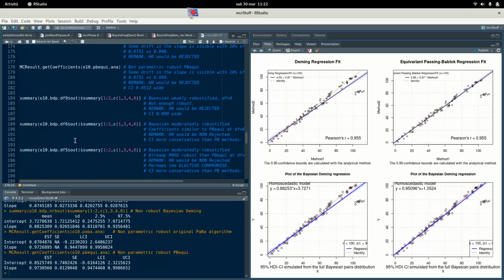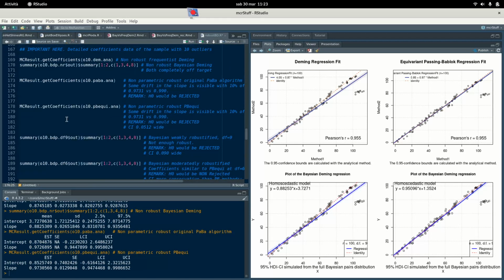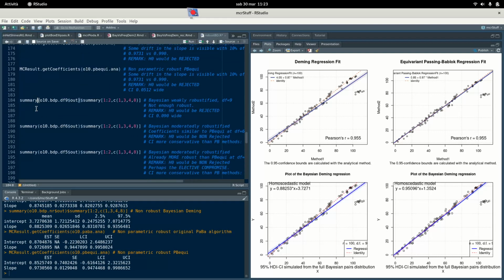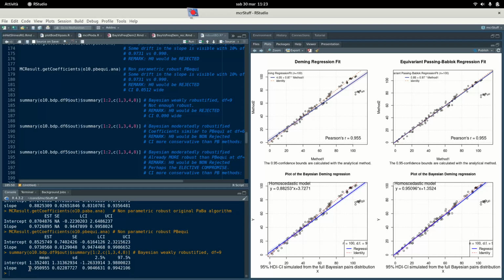Now things get interesting, because we can do the same with the Bayesian method, and with 9 degrees of freedom, so a weakly robustified one, we have already seen the slope is 0.95, and we just get rejected, so it's not robust enough to make a correct analysis. But once we move to more ideal values